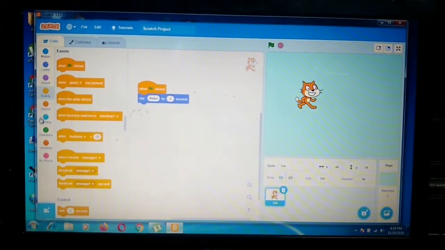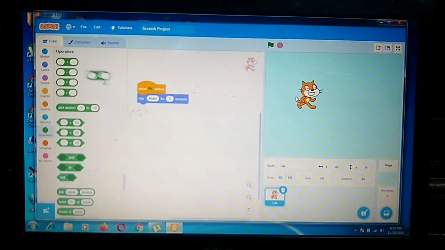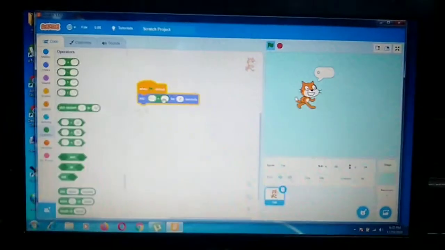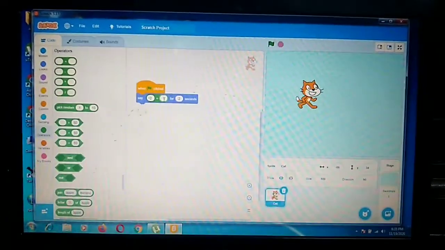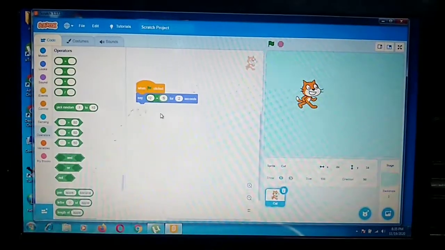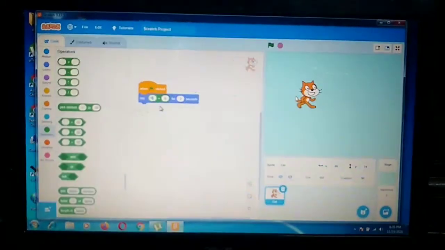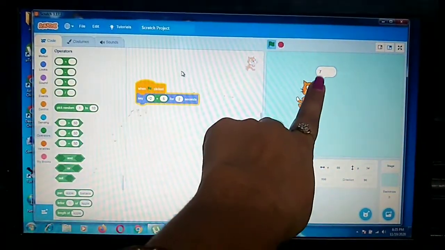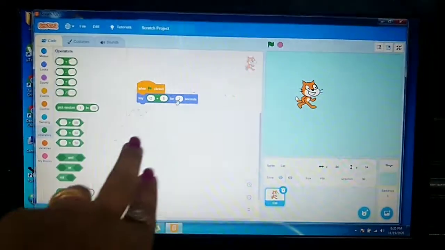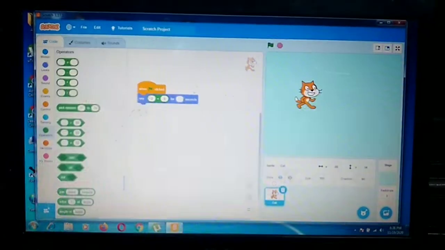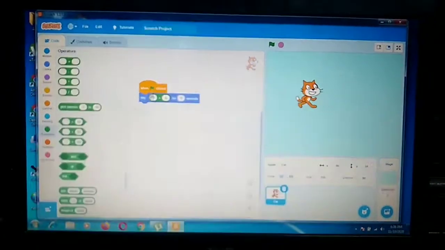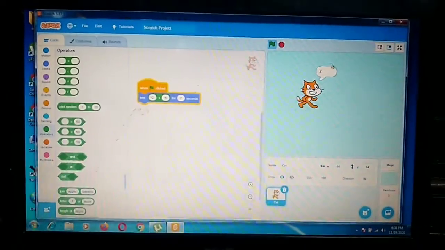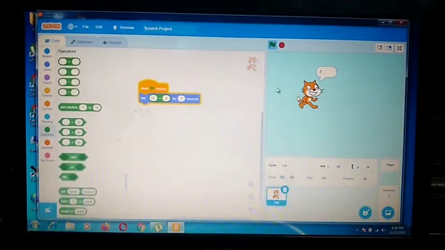In the say block I am giving this operator. This operator I am using is plus. And here I am giving the values, like I am writing 2, and here I am writing 5. Now see, 2 and 5 I have written. So when I execute this block, when I click here, see, it will say the answer. And here the time I have given, that's why it is saying for 2 seconds. See, now I have changed the seconds here, so it is saying for 7 seconds. So now see, it is saying the answer.